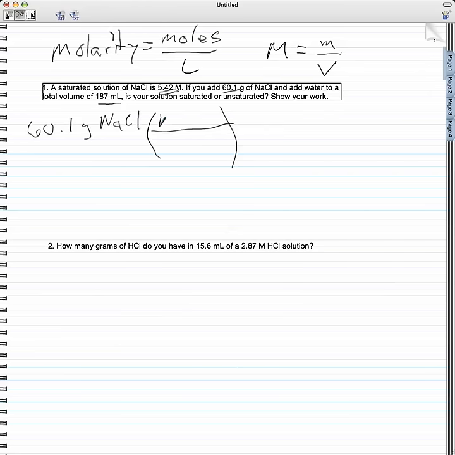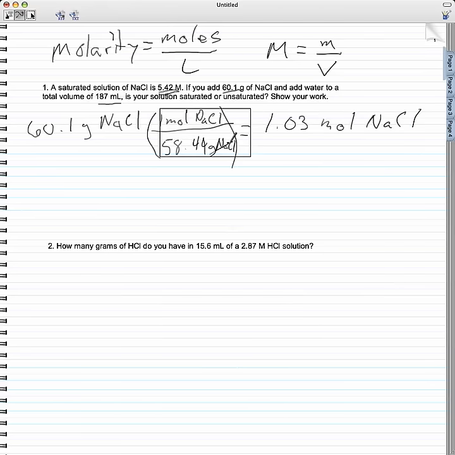We know that 1 mole of NaCl is 58.44 grams of NaCl. If we do that, we realize that we have about 1.03 moles of the NaCl. So that tells us how many moles of NaCl we have. Our volume,